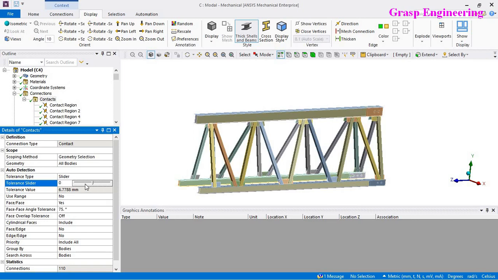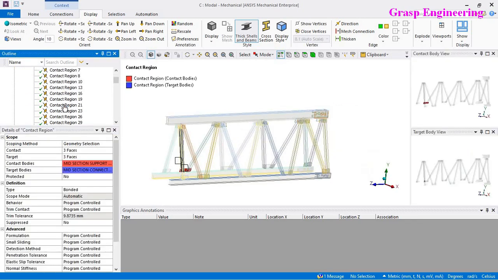If you move your slider left or right, you will find that your tolerance value changes accordingly. Now here it is 50. At present we saw that there are 127 contacts. So let's put about 63, which will be near about 5 mm. Okay, for 5 mm, I will define this as 5.0. So now you can see that the tolerance value is 5, and let me suppress this.